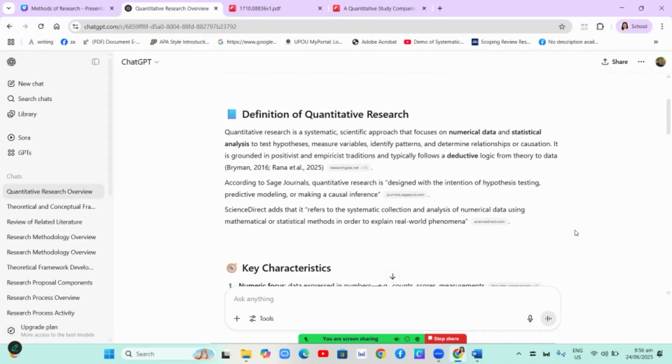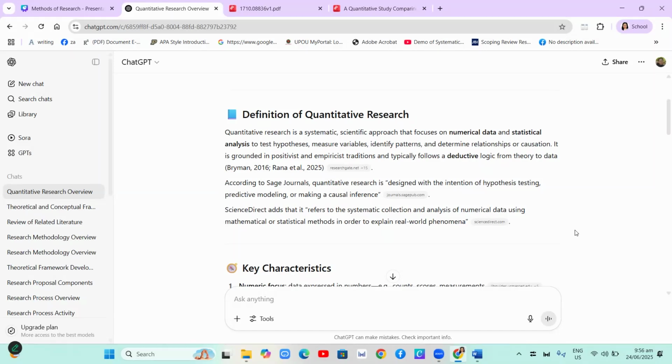Basically, scientists and researchers use quantitative research because they analyze numerical data and statistical analysis to test hypotheses and measure variables. And they also identify patterns and determine relationships or causation. So quantitative research is very important to all scientists and researchers.